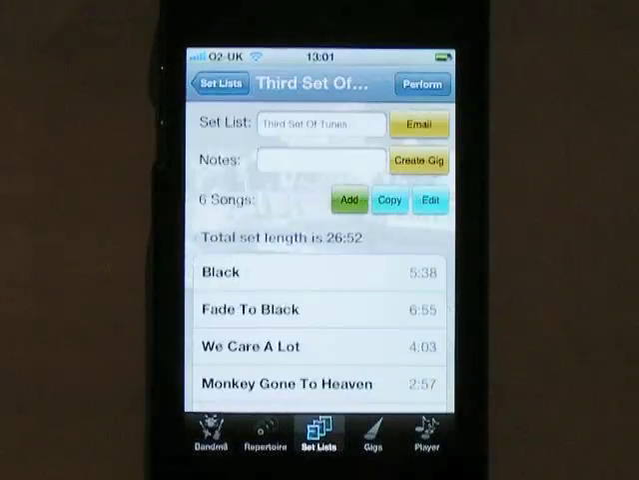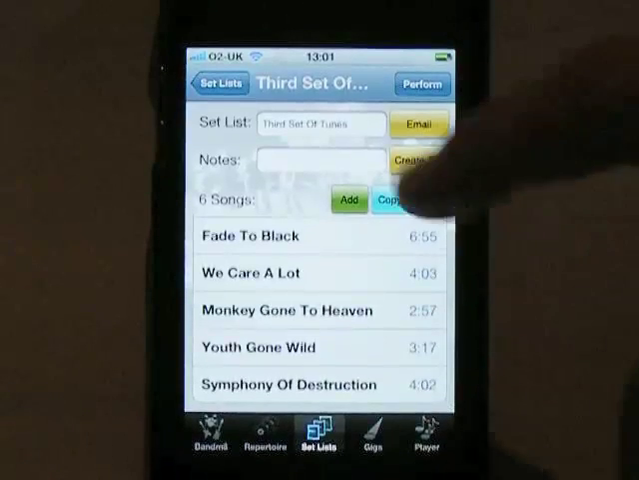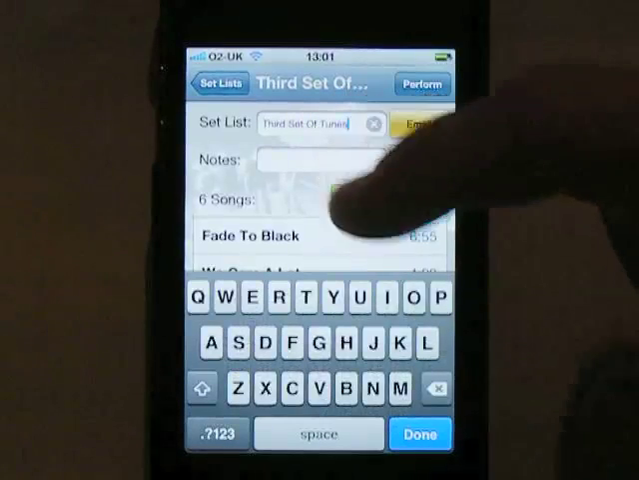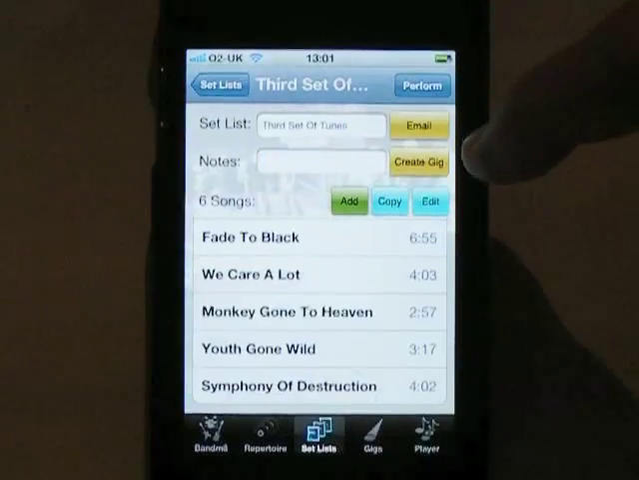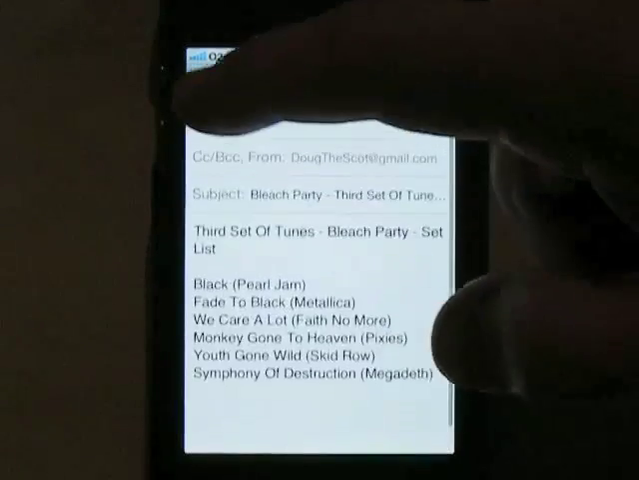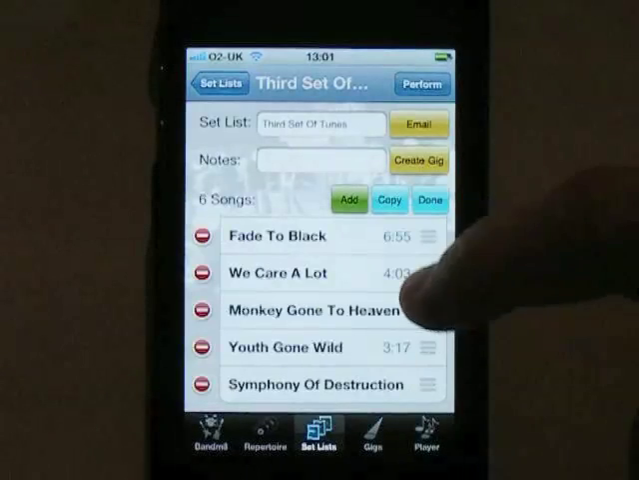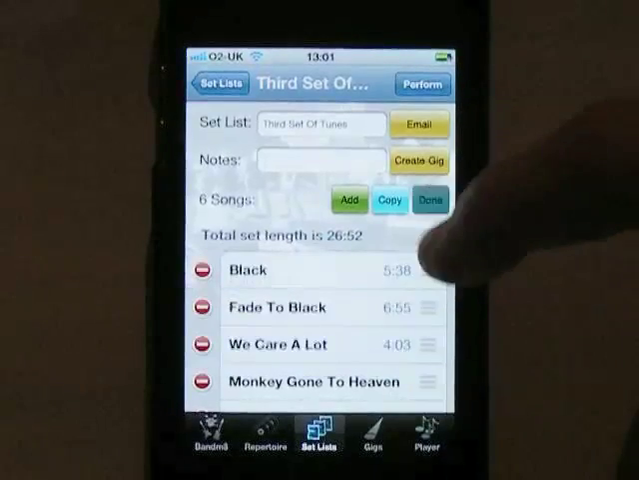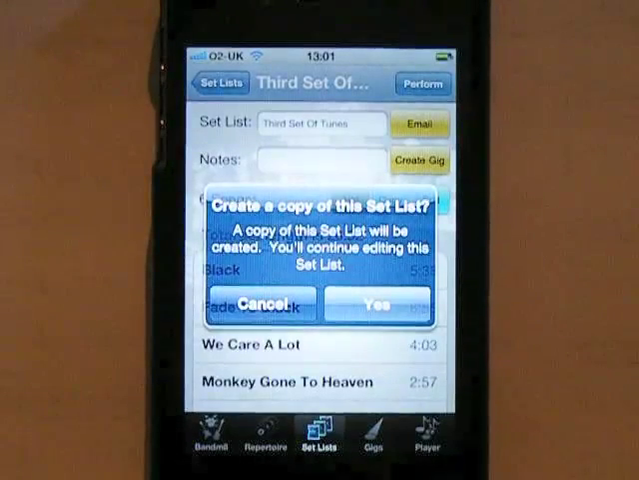If you actually select a set list, here are the songs you've currently added to the set list. You can name the set list, enter some notes, email the set list to someone as an email form, and we have controls for editing the set list, creating a copy of the set list if you want to make minor modifications but don't want to ruin the original,